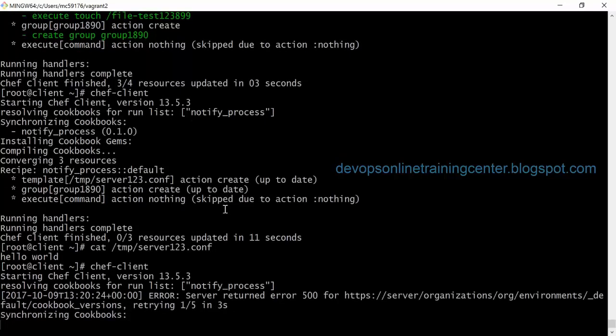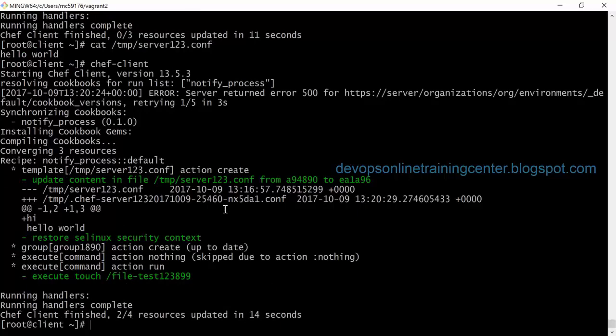Santosh, what is the use of having different sequences in the practical world? Do you know why and when we need those? First see this, it updated the file, the group is created, then the command is executed. So the group is created first, then the command is executed, right? So command execution is last here, but here